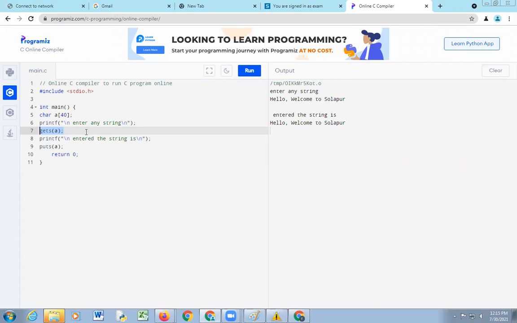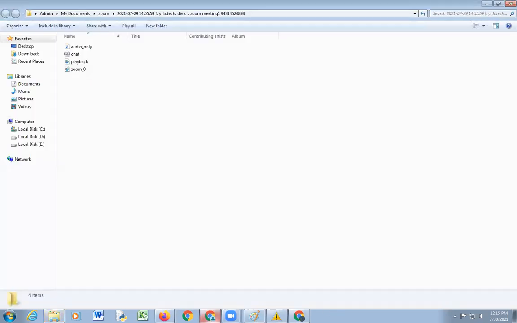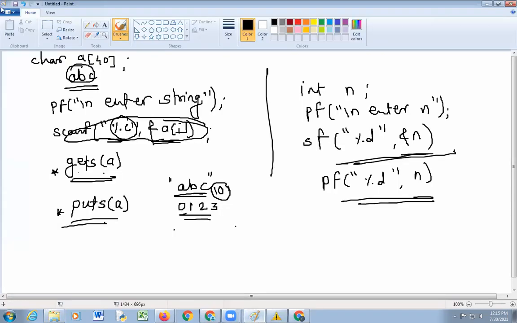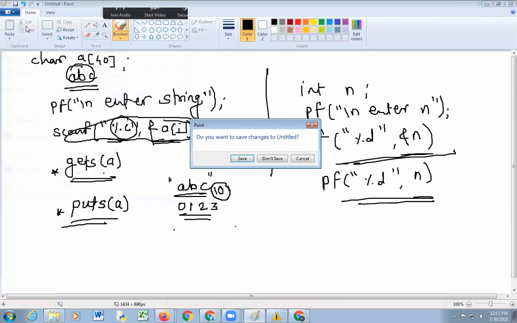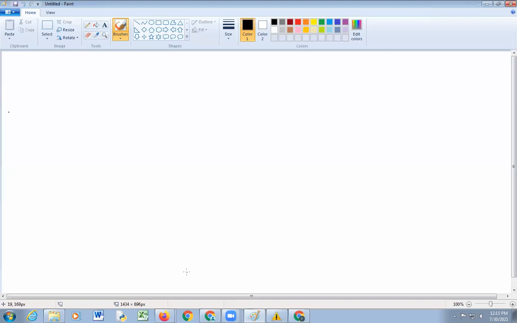I will give a simple example. There is a function, string length, strlen: str for string, len for length, and s1.